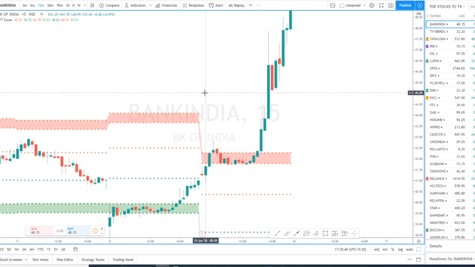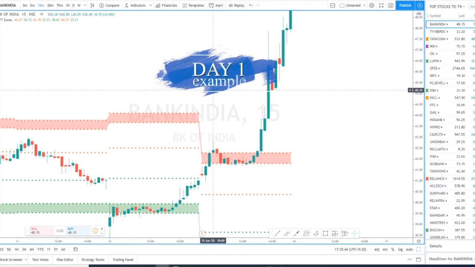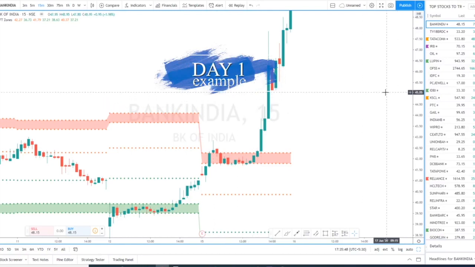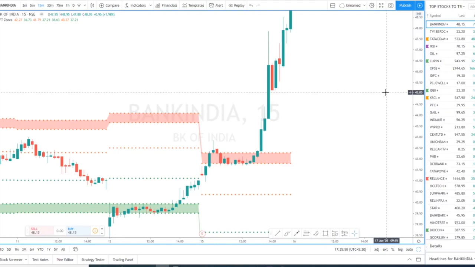Okay, let's get started with the strategy. At 9:30 to 10 o'clock in the morning, you just have to analyze where the market is moving towards. If you feel that the market is slightly bullish, you just have to sort this change button so that all the top gainers come here. Then you go through all the stocks.